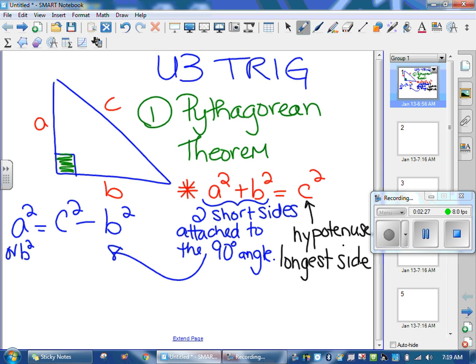And of course, in our final answer, we're not looking for a squared or b squared or c squared, we're looking for the individual side. So in order to get rid of that squared sign, I need to square root my final answer. For example,